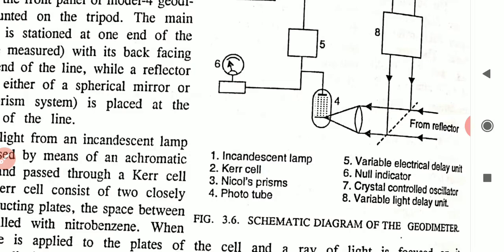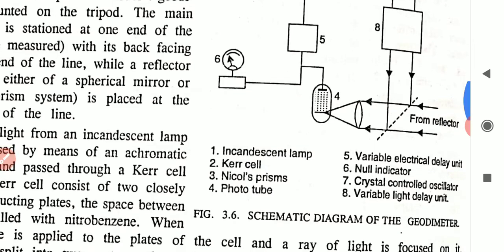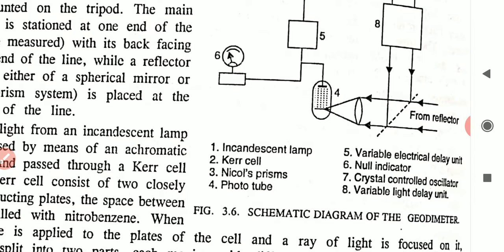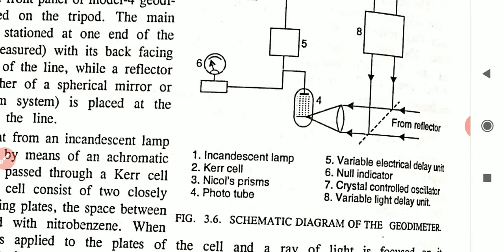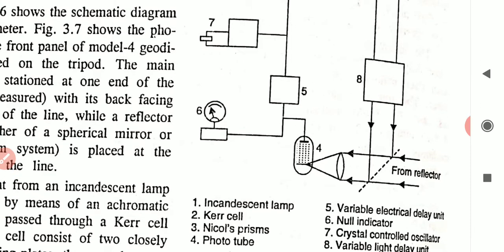The sensitivity of the phototube is varied by applying the frequency of the Kerr cell voltage between the cathode and the first dynode. The high frequency vibrations are eliminated by a series of electrical chokes and also condensers. The passage of the modulating voltage through the instrument is delayed by means of adjustable electrical delay units. That electrical delay unit is the fifth point.